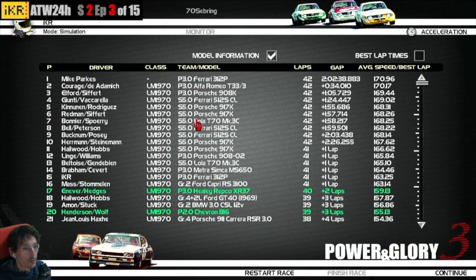So in the prototypes, I'm not the last, but of the 3 liters, if the comparison is made with the Healy Repco, it is not a fresh car, if you like. So we can celebrate Mike Parks with our Ferrari 312P winning ahead of another 3 liters prototype, the Alfa Romeo T33 of Piers Courage and Andrea Adamic. Elford Siffert closest to the 3rd place on the podium with the usual Porsche 908K, already winning 2 races this season. Then Giunti Vaccarella with the Ferrari 512